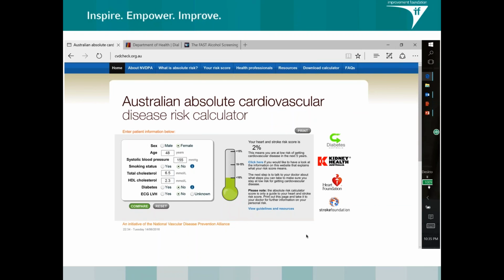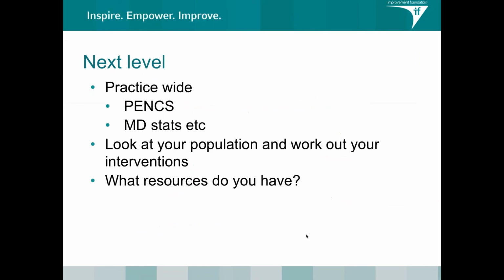With those two cases, that's very much an individual approach. And yes, we do manage to get some people through that individual approach. But in busy general practice, you're behind time, we often don't get the luxury of doing a lot of this. And so, to me, where you can make real gains is to think about how you do this at a practice level. So, we have data extraction tools, we have ways of looking at our practice population, and then